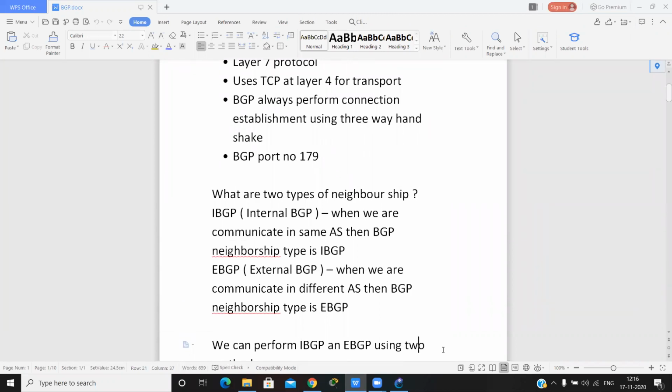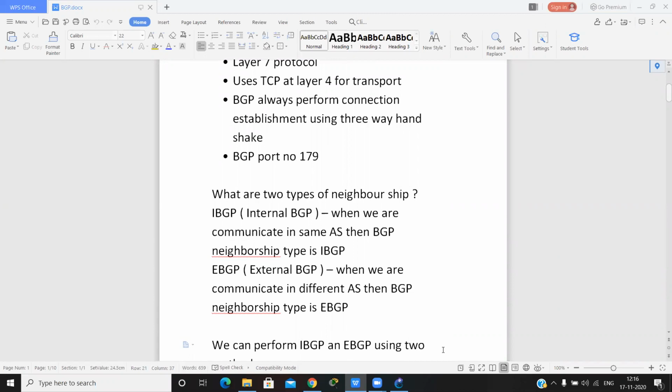IBGP means internal BGP. When we communicate within the same AS, the BGP neighborship type is IBGP. When we communicate between different ASes, the neighborship type is EBGP, external BGP.